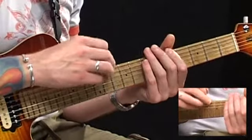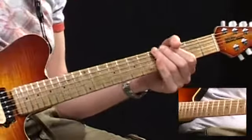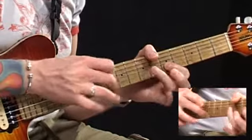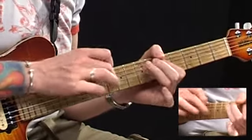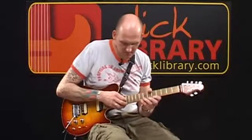You could actually tap 10, pull off 5, slide down to 3, and hammer back onto 5. So you get something like this. A little more up to speed. 2, 3, 4, and...